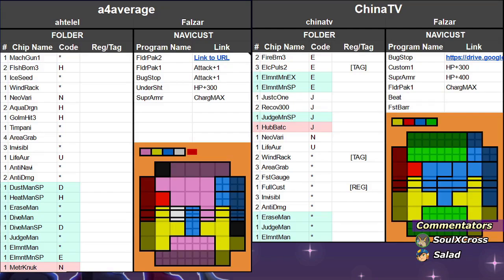Very underutilized in my opinion, but I like the amount of splash that A for Average has in this build here, because it's just enough of the H and just enough of the good stuff that doesn't really hinder or slow down the rest of this build, which is actually pretty interesting. And I also love that on top of the ice stuff, we have DustMan SP or DiveMan, which can also help facilitate a freeze. It's a little awkward because they're both different codes with D and H, but it's like